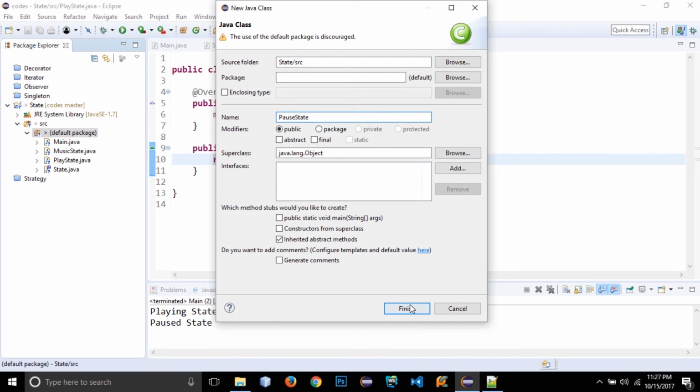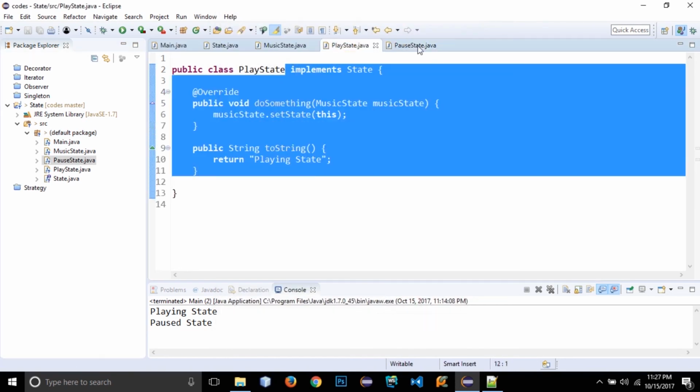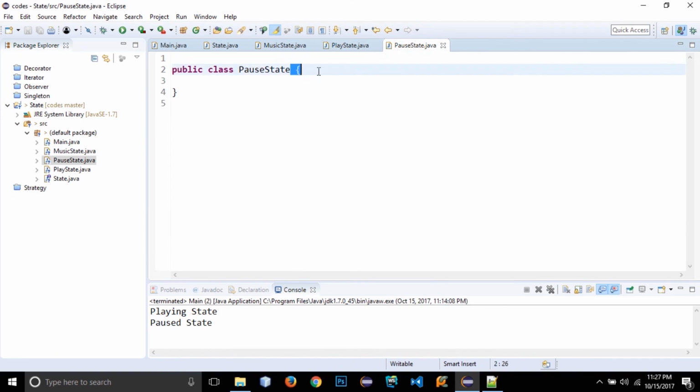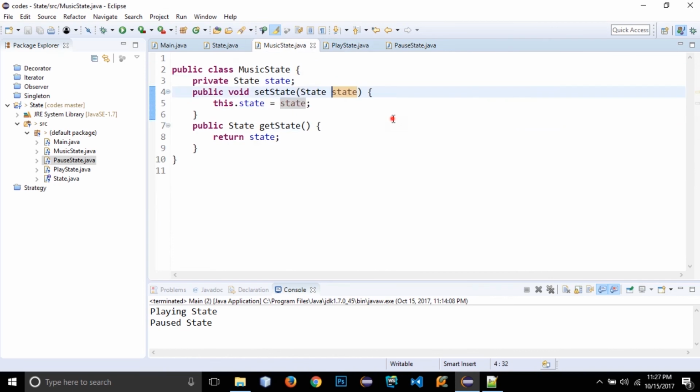All right, so let's create a pause state class. Pause state, and I'm going to copy this whole code and paste it right here, and I just need to change the message to pause state. All right, so let's save all these classes,